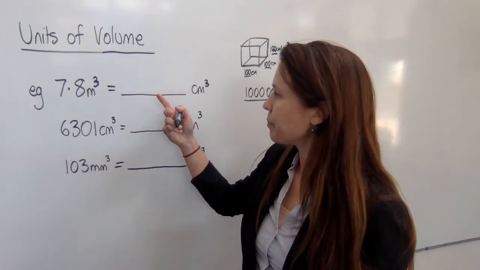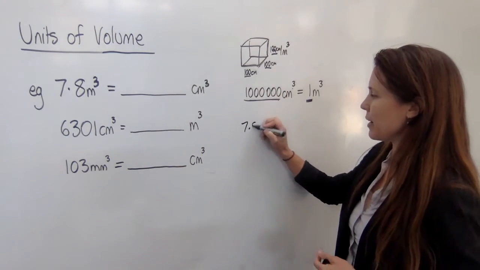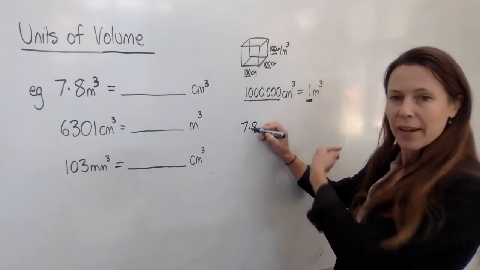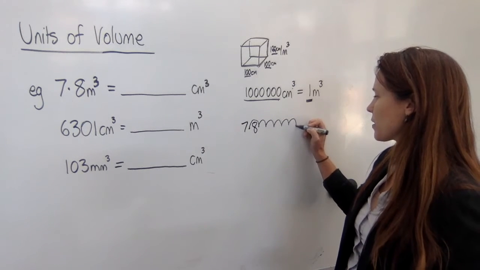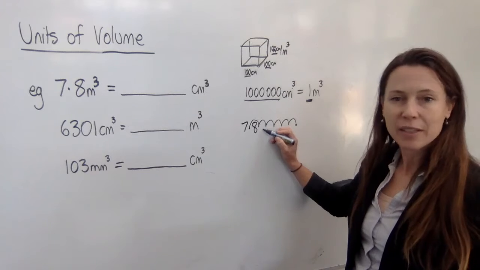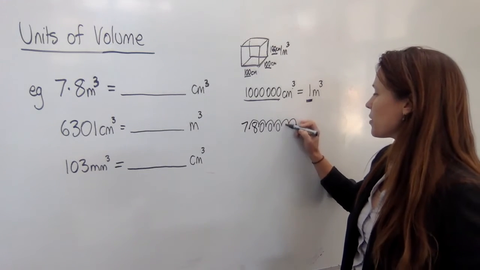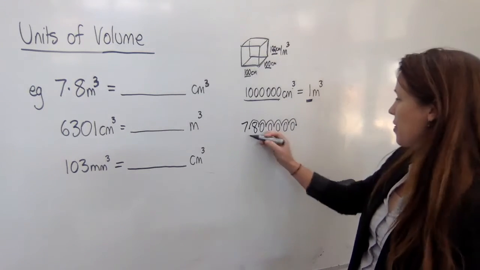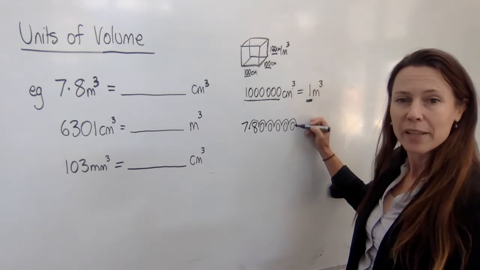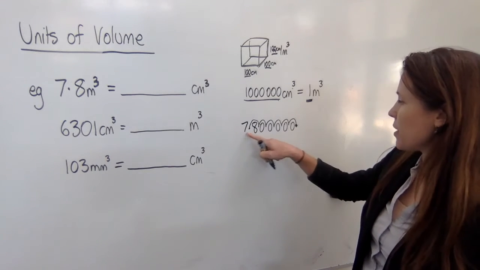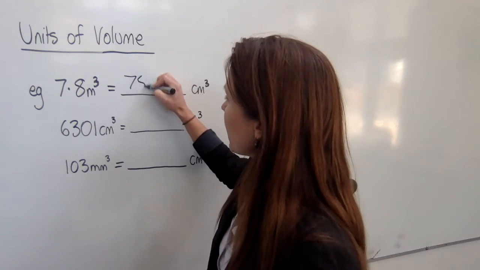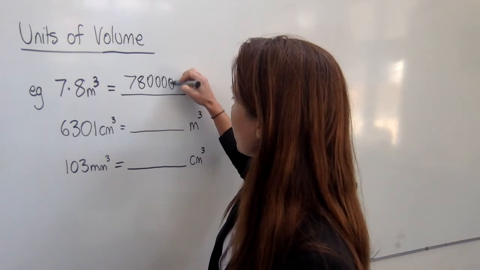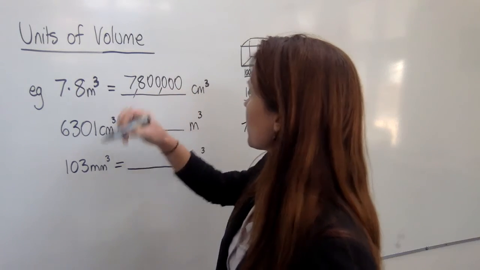Okay, so take your 7.8, it's got its decimal here. We're going to move it that way 6 times. 1, 2, 3, 4, 5, 6. It's going to finish here. Now, there was nothing to jump over, so you put zeros in to jump over, and this decimal will now end up at the end of all those zeros. So we have 7, 8 with 1, 2, 3, 4, 5 zeros. And that's our answer, which you can then break up to see, look, there we go,